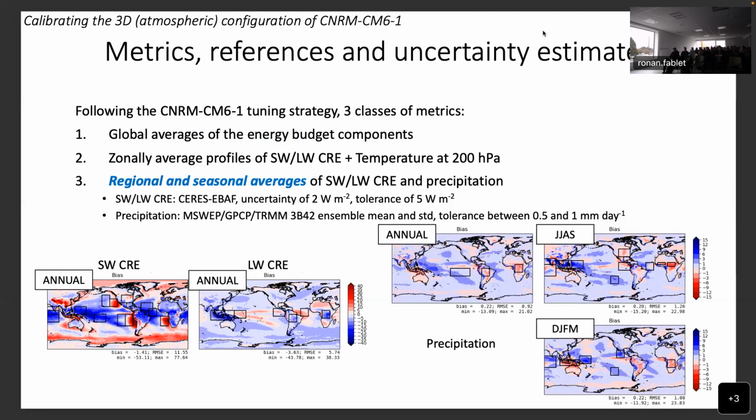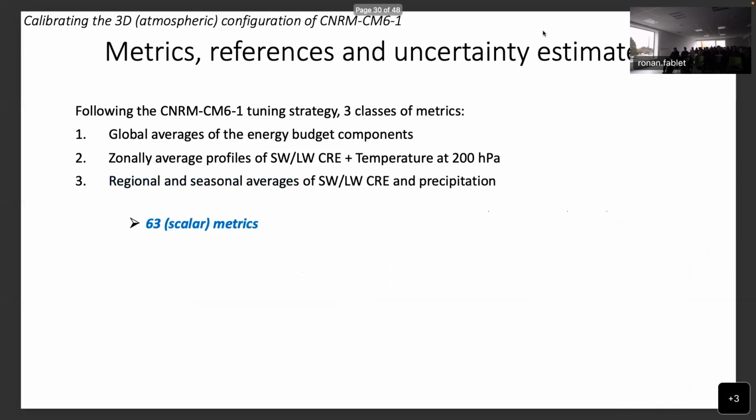So also for the cloud radiative effect in shortwave and longwave, but also for precipitation, and depending also on the seasons. As I said, we are only emulating scalar metrics, so we are doing averages over quite a lot of domains where we would like to improve the models. So far we have 63 scalar metrics,